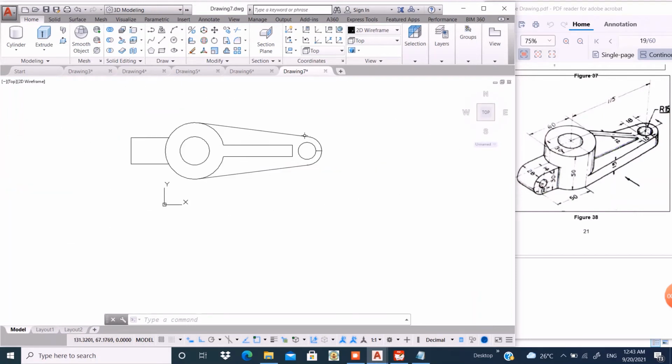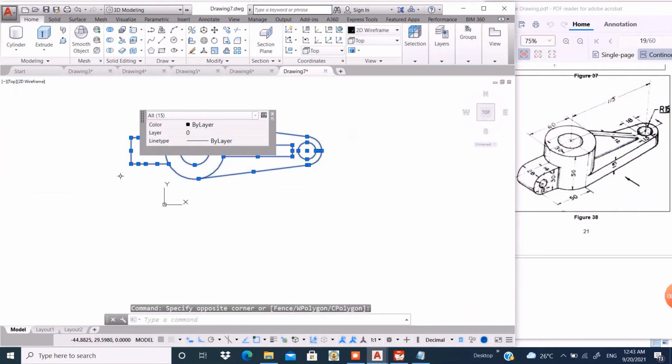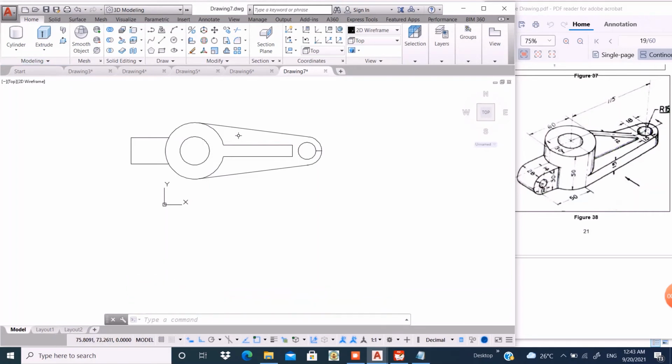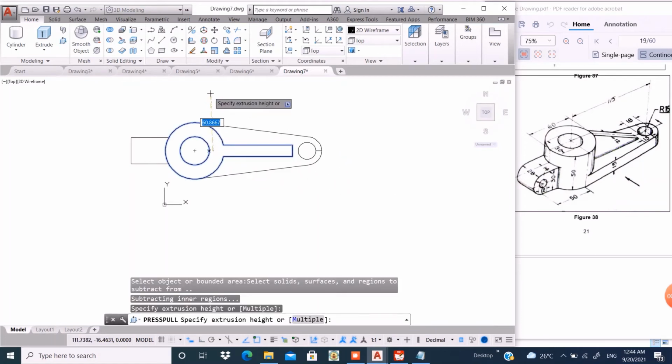So select all the lines, make it join together. All the lines are joined together. Now I will use press pull command to convert it into 3D. So go to press pull command, click here, take it up at extrusion height 50 unit.